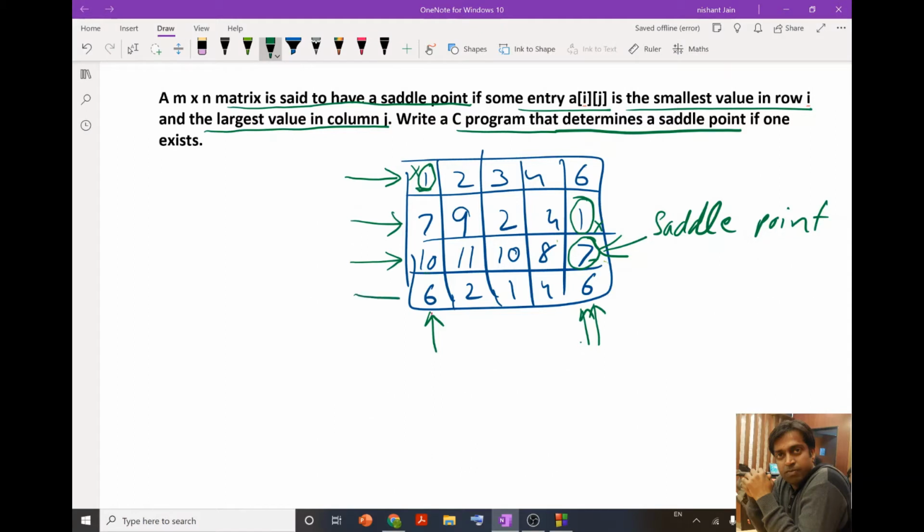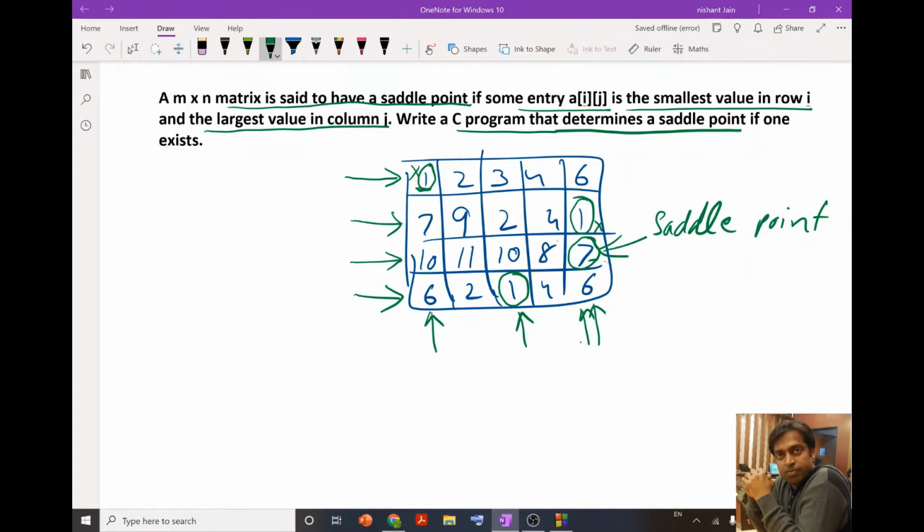Now if I move to the next row and again check the smallest number, then in the corresponding column I find that the largest number is 10.